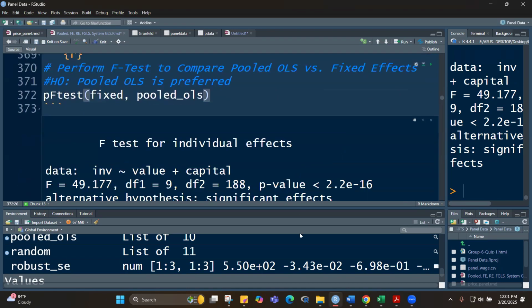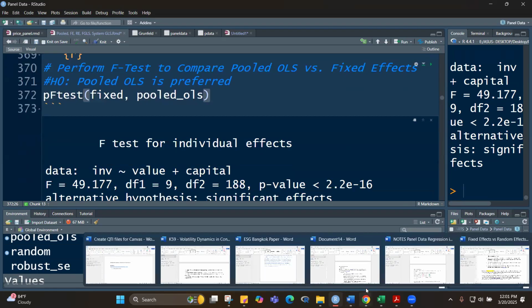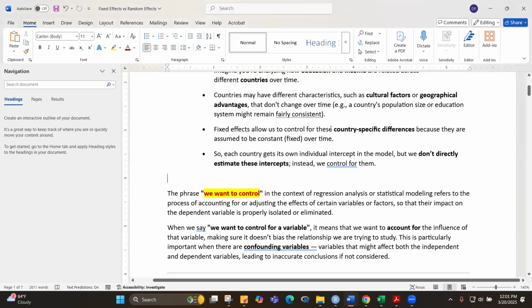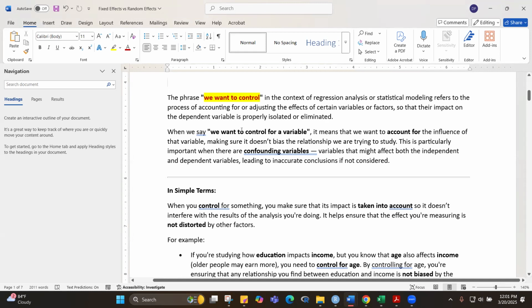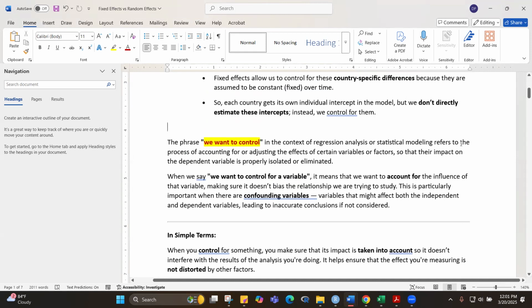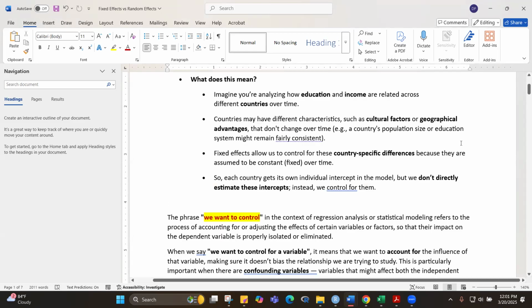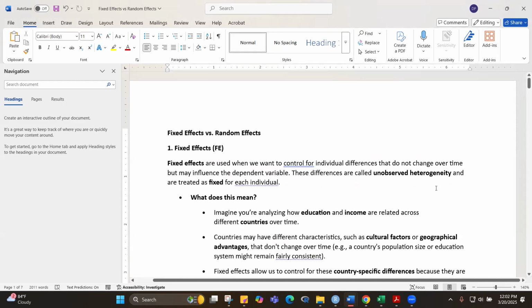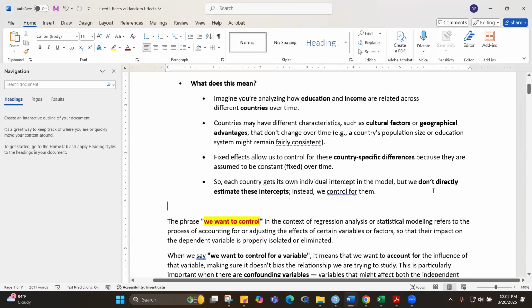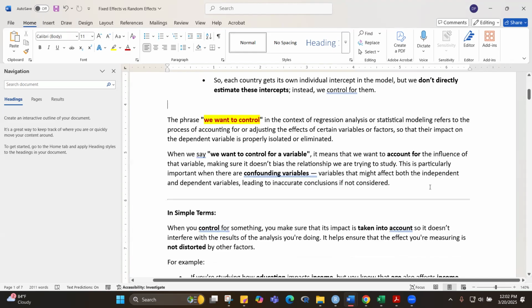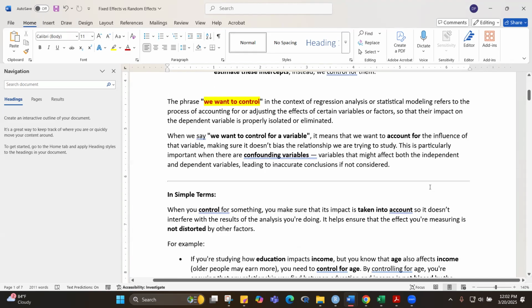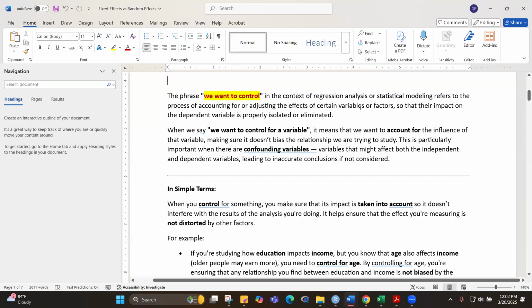So I hope that's clear, class, as far as the comparison between your fixed and your pooled OLS is concerned. So we say that we want to control this unobserved heterogeneity, which are variables, attributes that are not found, that are not recorded. So when we say we want to control in the context of regression analysis, we mean that we would want